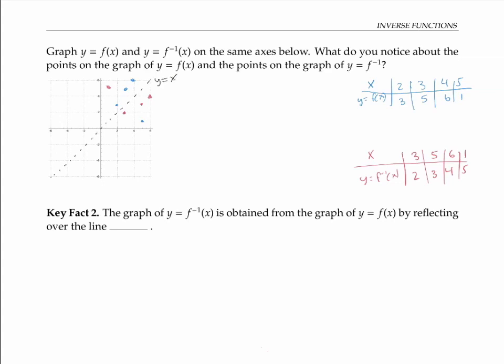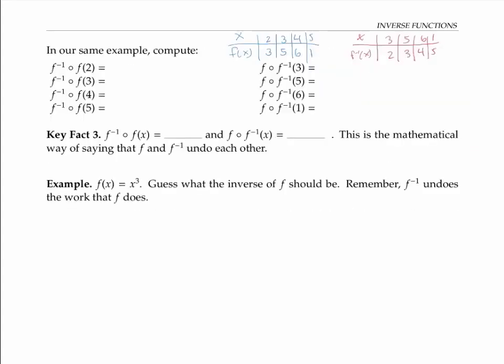So our second key fact is that the graph of y equals f inverse of x can be obtained from the graph of y equals f of x by reflecting over the line y equals x. This makes sense because inverses reverse the roles of y and x. In this same example, compute f inverse of f of 2. This open circle means composition. In other words, we're computing f inverse of f of 2. We compute this from the inside out, so that's f inverse of 3, since f of 2 is 3,